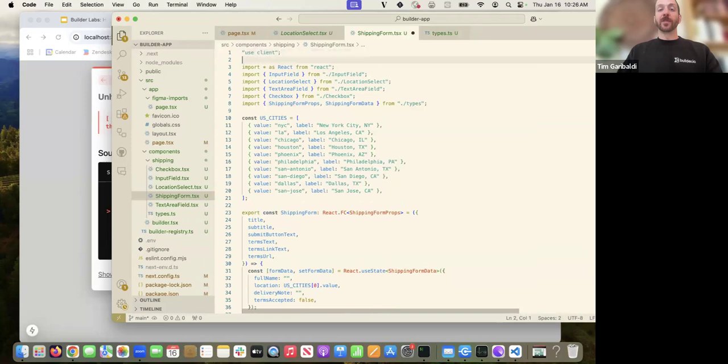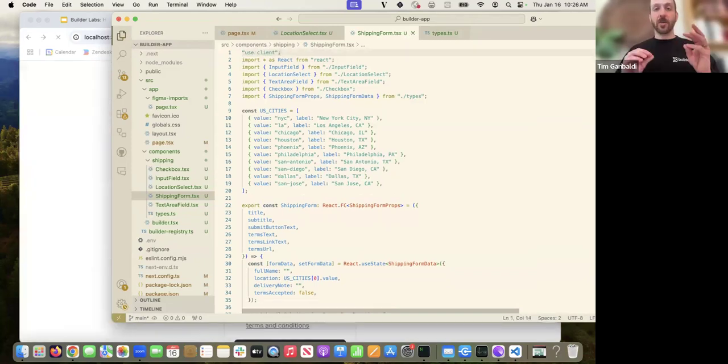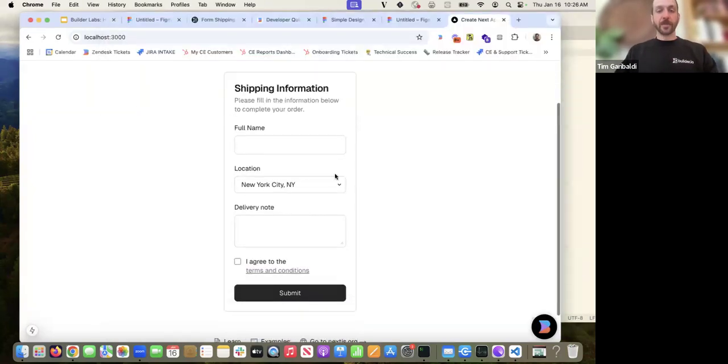I mean, this is a great example of importing that design. It didn't necessarily know that we're going to be using a React server component or whatever, but this is something that I think will apply to a lot of my future development. So I'm going to keep that in mind here, and we'll go back and update our process in a second. But great, you can see here we have our form,